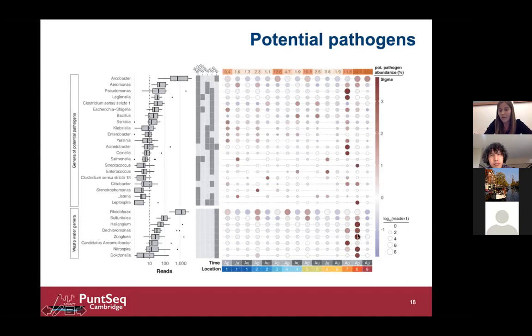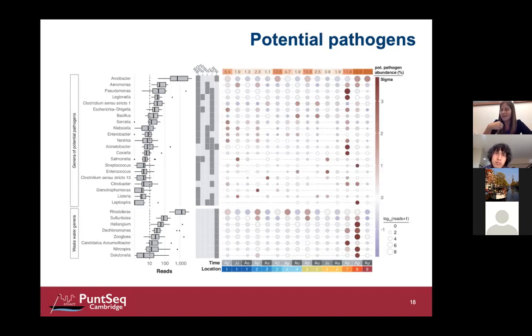And then we also have sample 8, where we see that a lot of the wastewater genera start showing up. So this was definitely interesting for us, because obviously one would expect that potential pathogens might develop